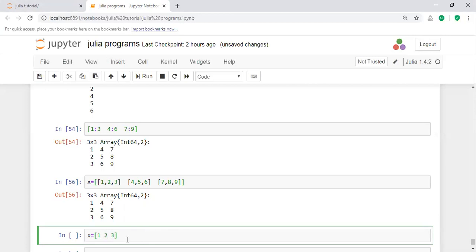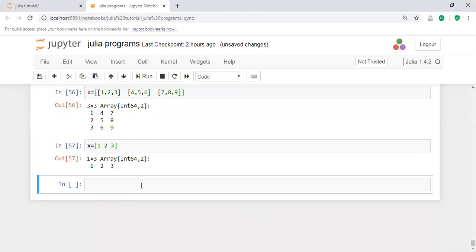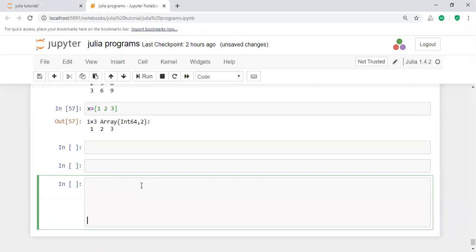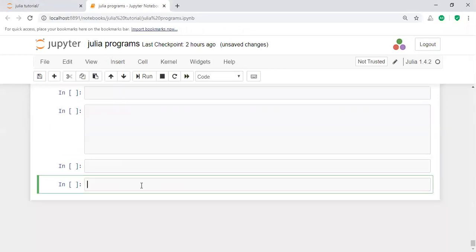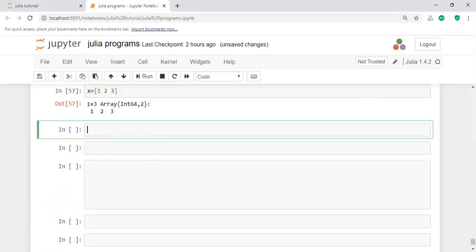This is simply represented as a vector. It is a vector array, consisting of one row as well as three columns. This is a vector representation.